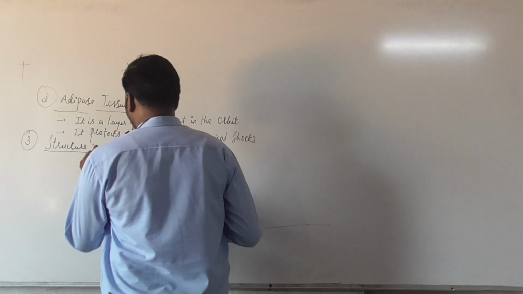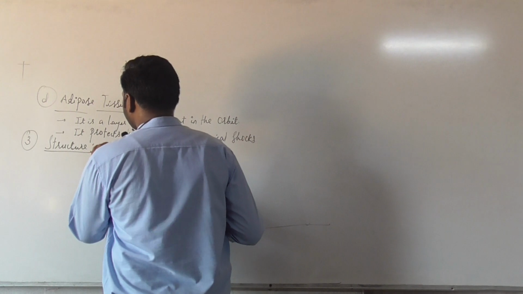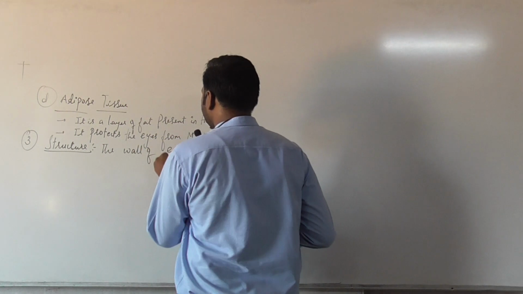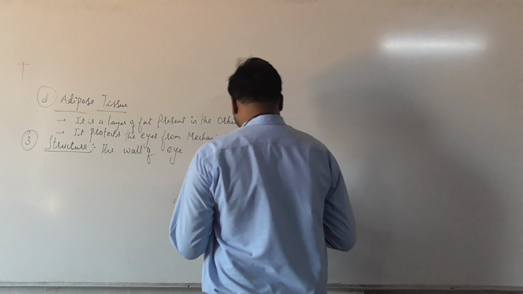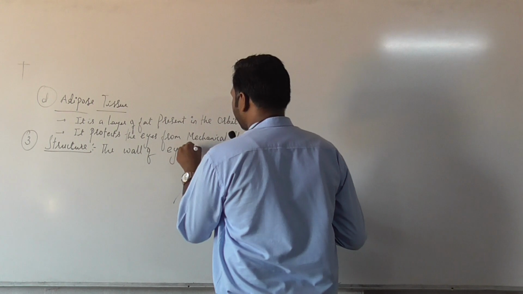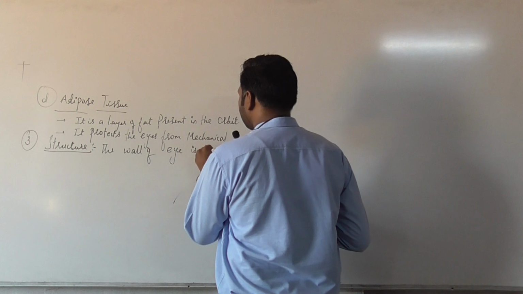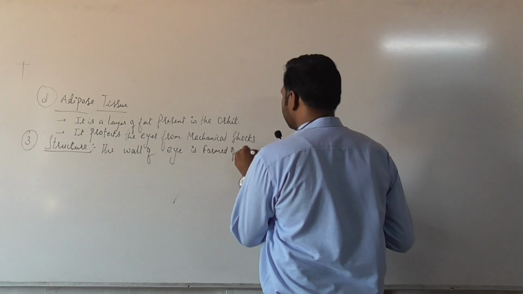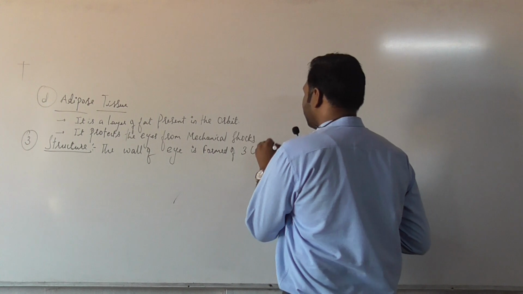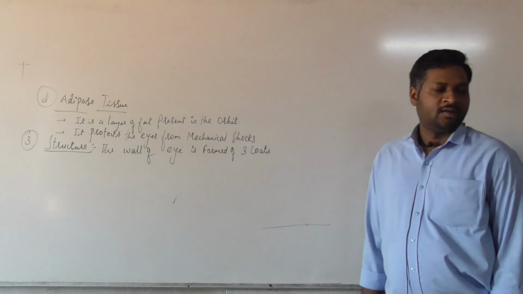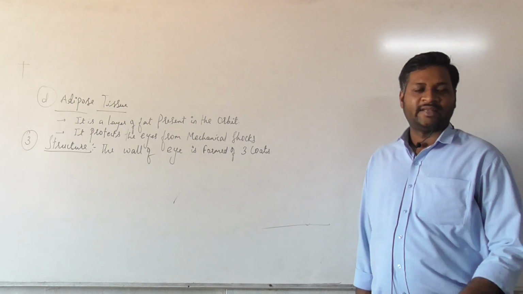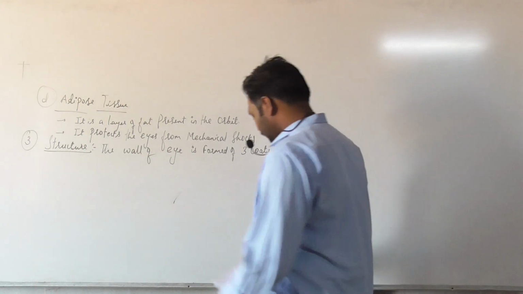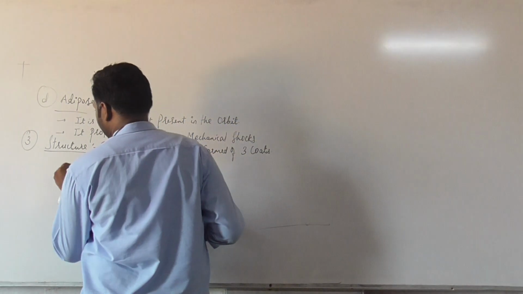Structurally the wall of the eye is formed of three coats. If you observe the diagram again, you can see three different coatings located on the wall of the eye, and these are, number one,